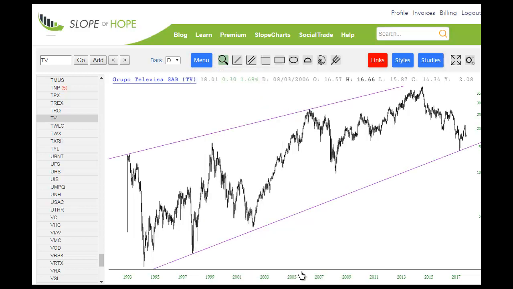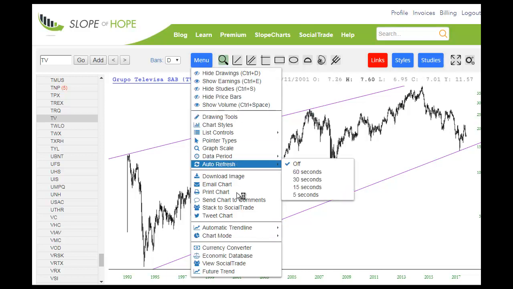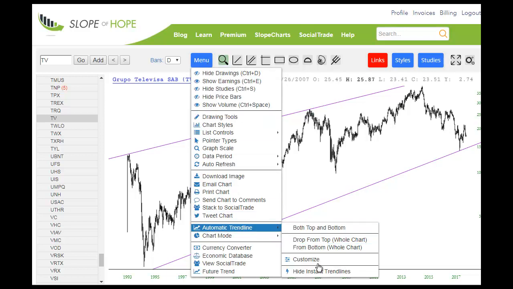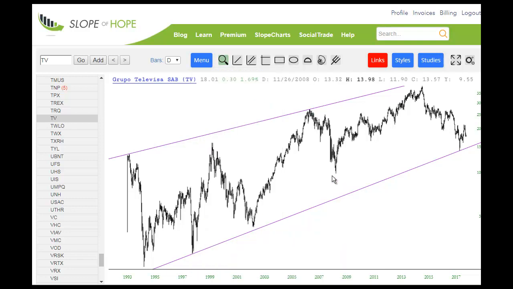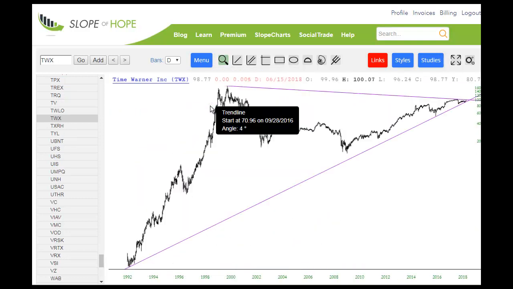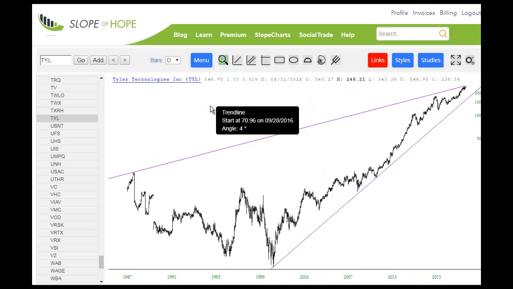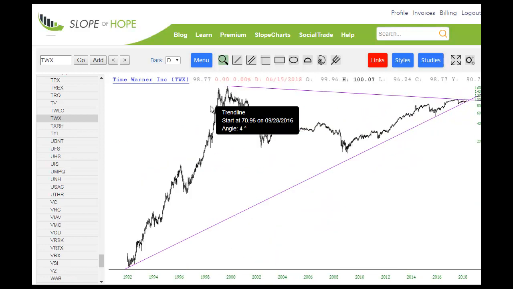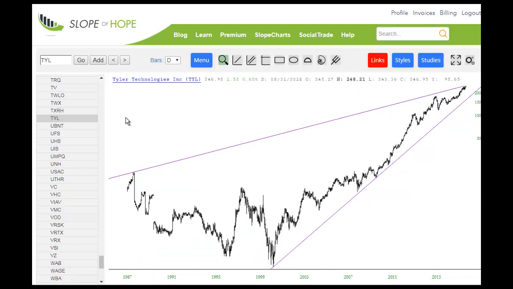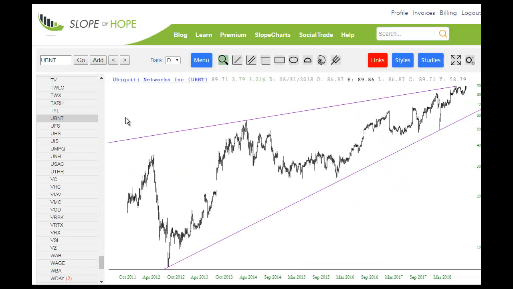So I'll turn those on, and just to turn them off, obviously you just go back to the exact same place to hide the instant trend lines, but we'll leave them on. And as you scroll through these, you can see the purple lines are shown automatically. Now, some tend to be more useful than others. For example, those trend lines there, I consider, especially the top one, fairly useless, whereas others, for example, let me